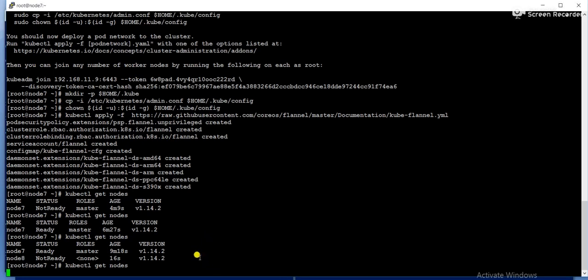So friends, in upcoming sessions, we'll play with Kubernetes more. Today you only learned how to set up a Kubernetes cluster. Friends, if you have to install Docker, you might need to add a Docker repository.